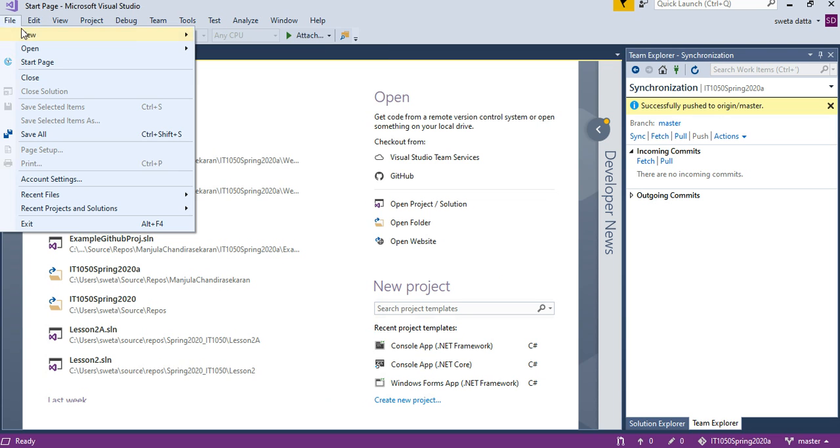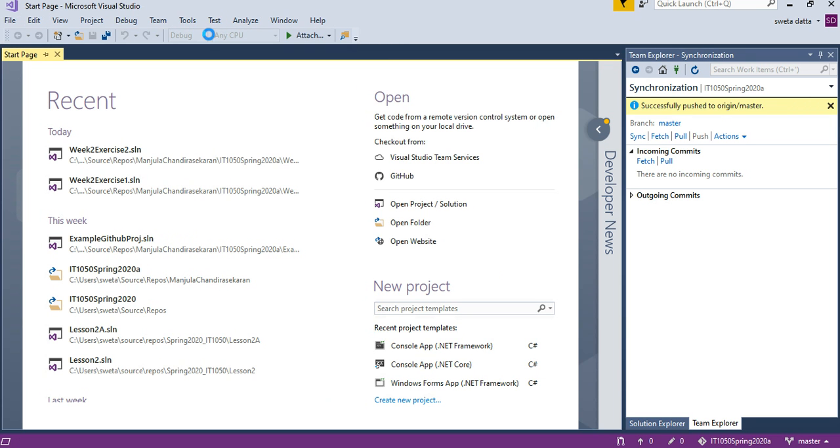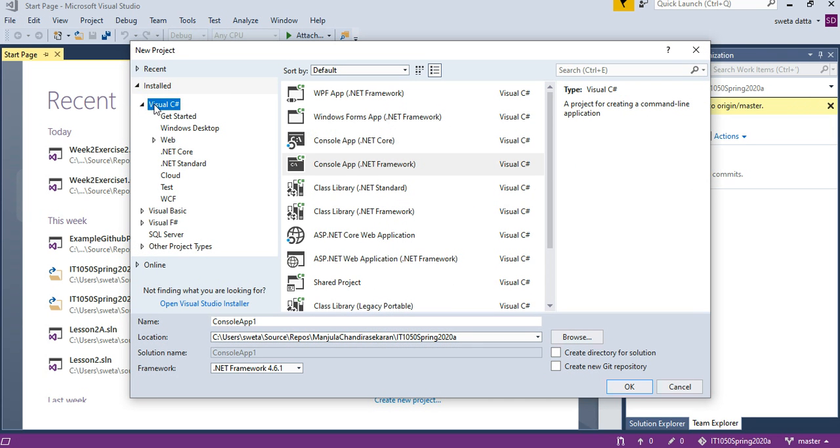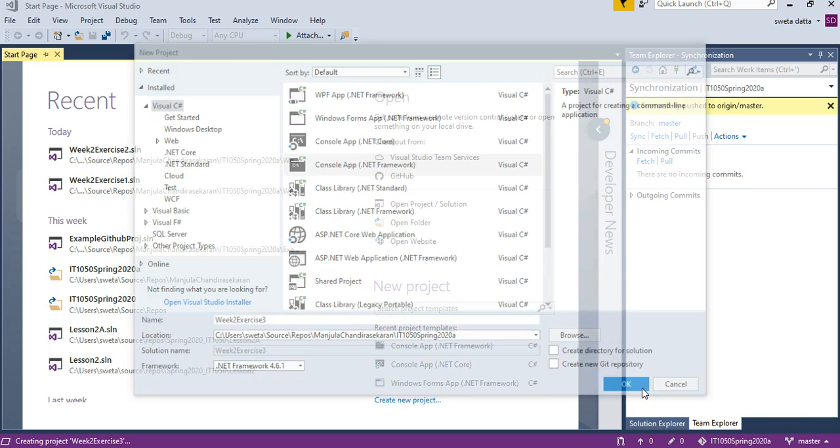Let's do File, New Project, a C# console app. I'm going to call it week 2 exercise 3. My path is the path where my clone exists, and then say OK.